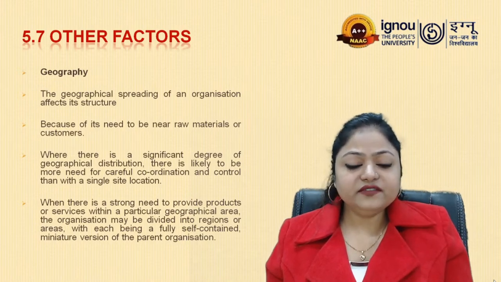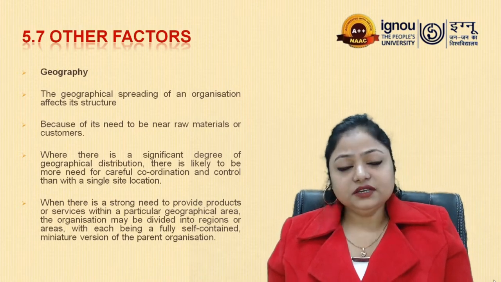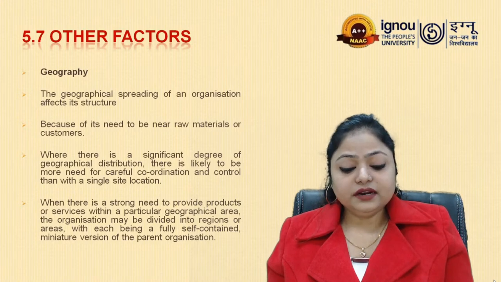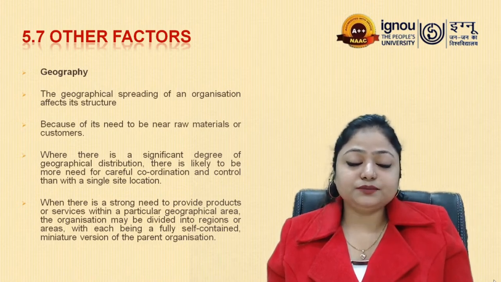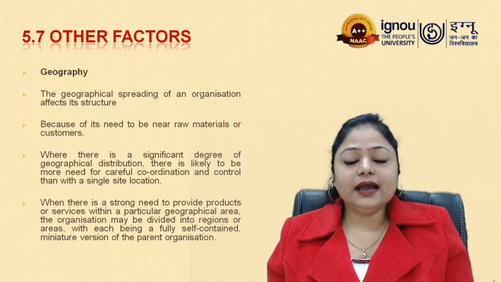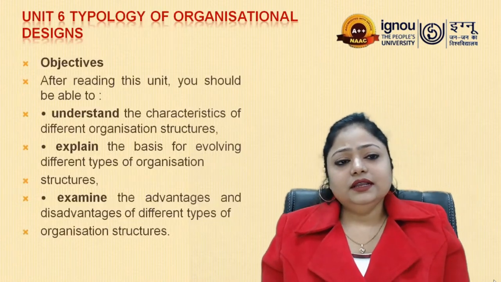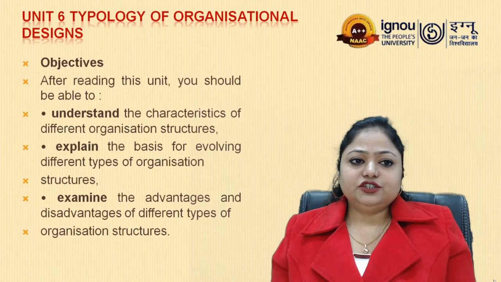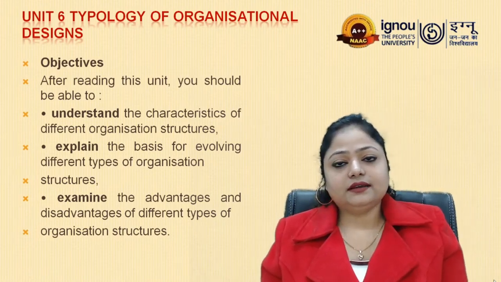So, how many geographical locations are getting served by the organization? What is the availability of raw material? And do the products need to be catered to the customers within a small or short span of time? These will decide what kind of structure the overall organization is going to have. Then coming up with another unit which is there in Block 2 of this entire course,